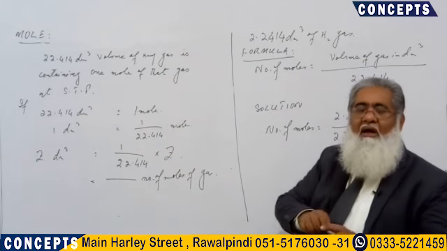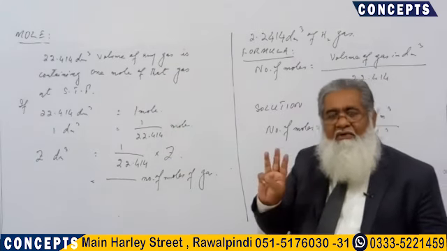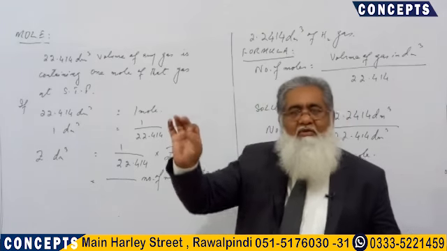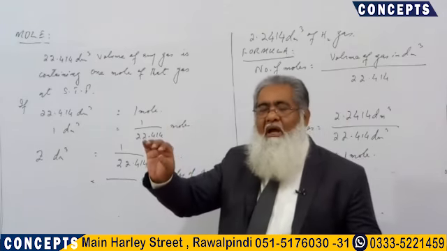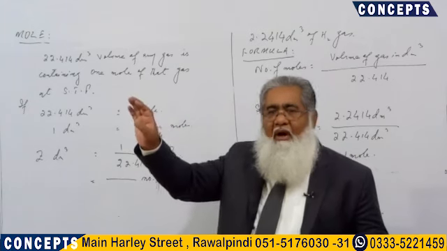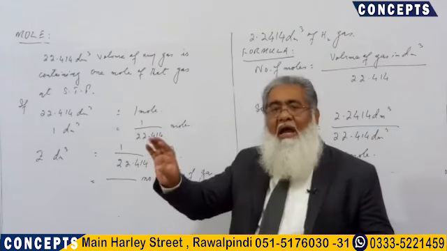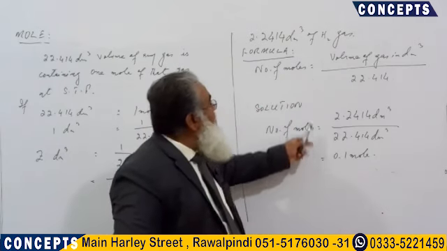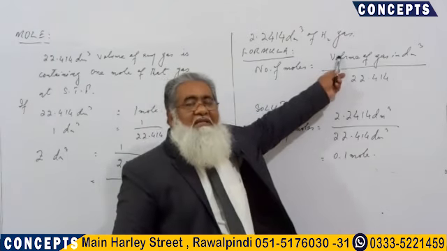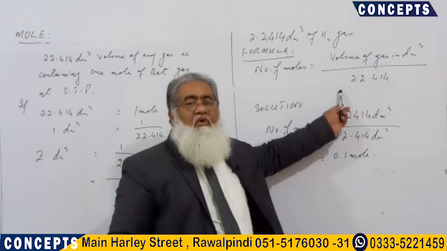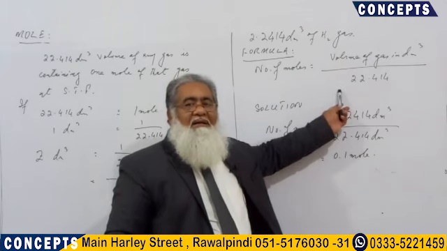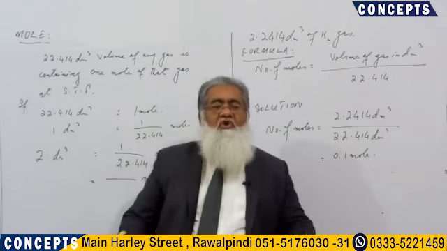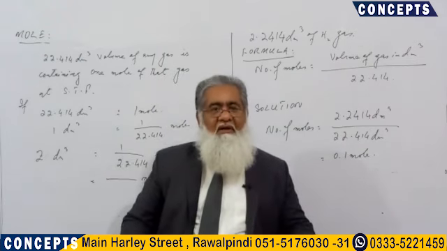Now the formulae which we have made, these were 3 formulae. First one, number of moles is equal to mass in grams over molar mass. Second one, number of moles is equal to number of particles divided by Avogadro's number. And third formula we have made, number of moles is equal to volume of gas in cubic decimeter divided by molar volume. These 3 formulae will be applicable to chapter 1, stoichiometry, of first year.